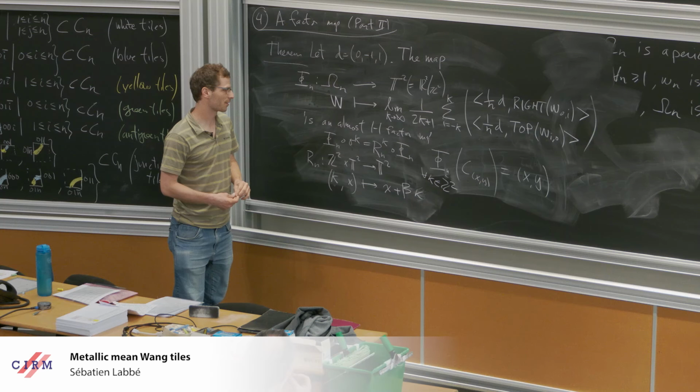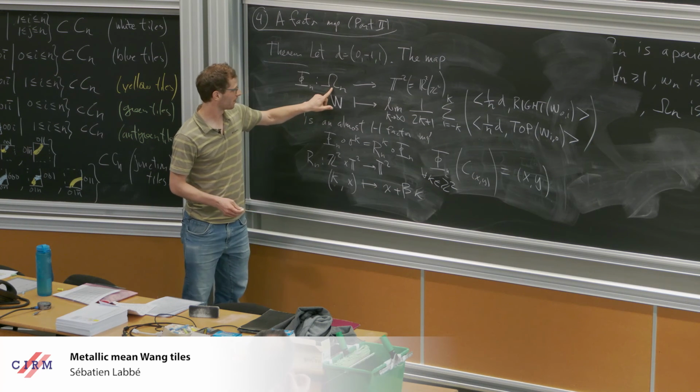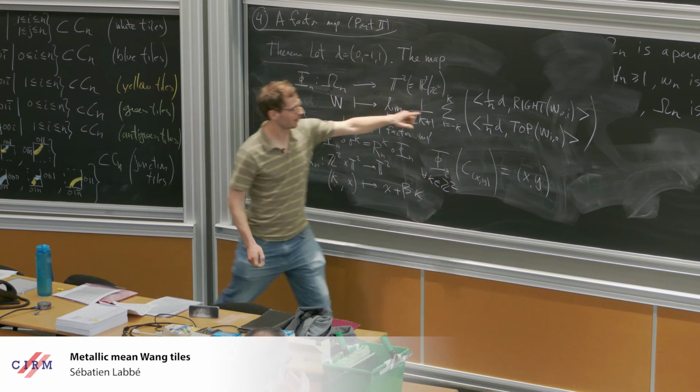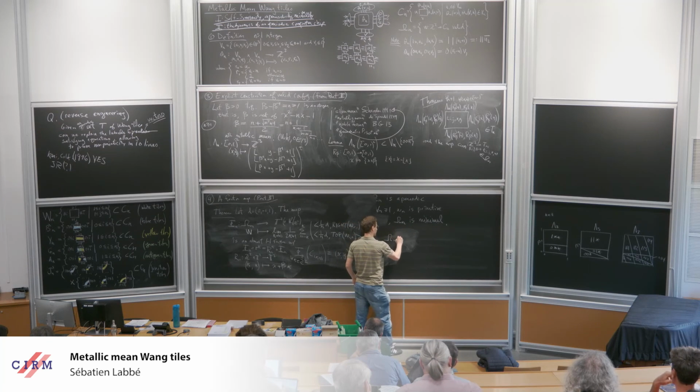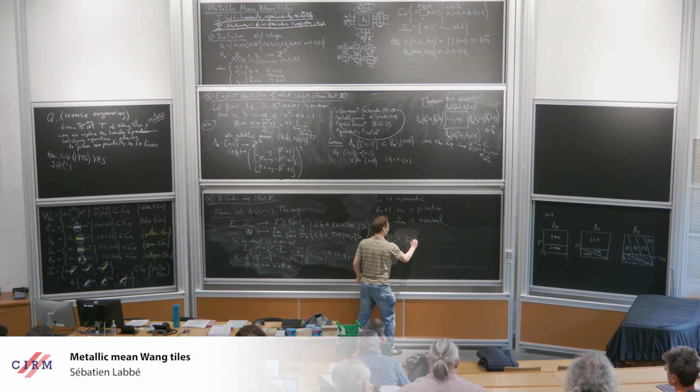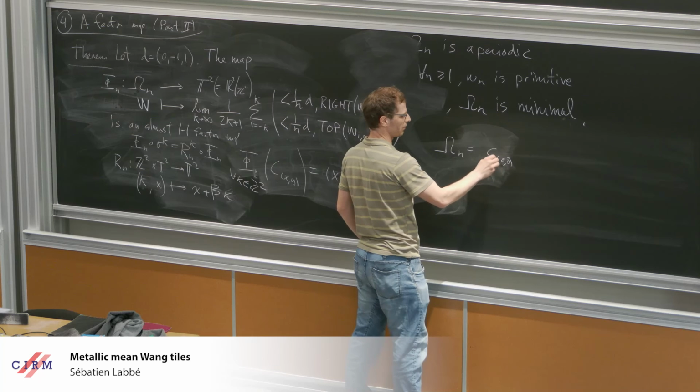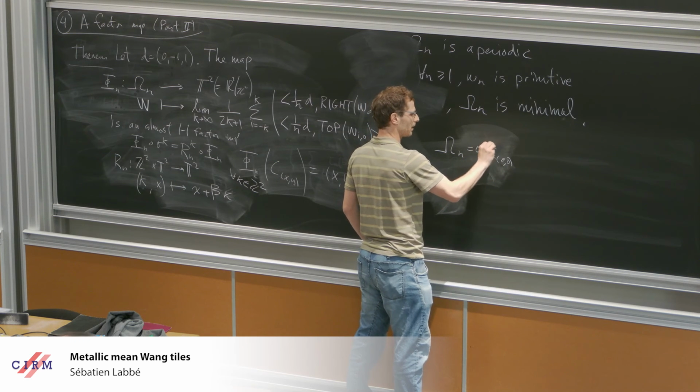And even if you don't have proofs, if you have some intuition that you can share, that would be great. Yeah, I think we are very close, and we cannot be closer, I think. So one thing I should say here is that since omega n is minimal, already you have this, right? So if you take some configuration, for instance, the one starting at the origin, and then you shift it